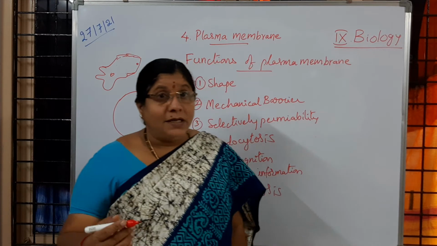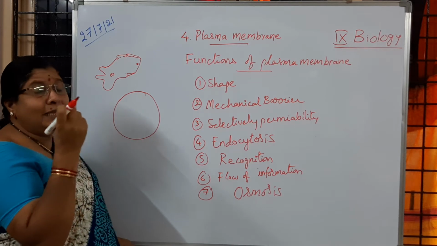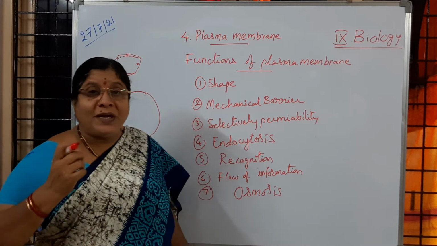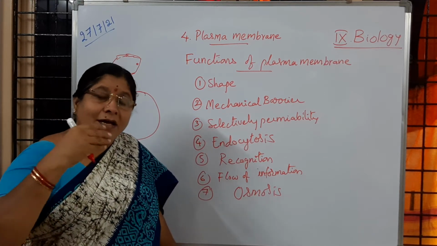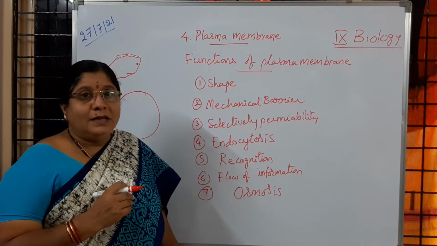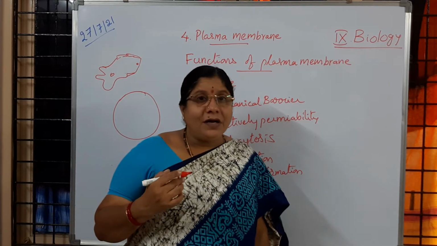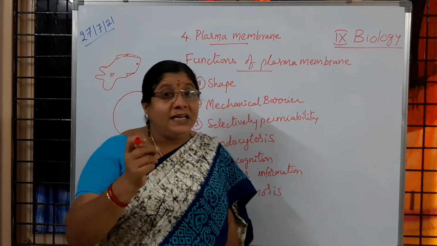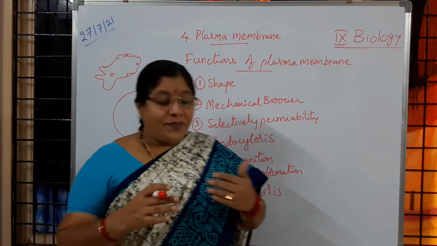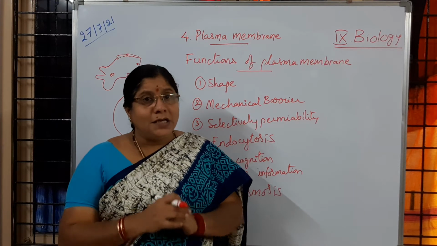How does it happen? If we see this plasma membrane, it has tiny channels, very minute microscopic channels, which you can compare to blood capillaries, through which the process of osmosis is going to happen. Have you followed? So watery channels, tiny microscopic channels are there, through which the flow of water or other materials is going to happen. That process we call osmosis.